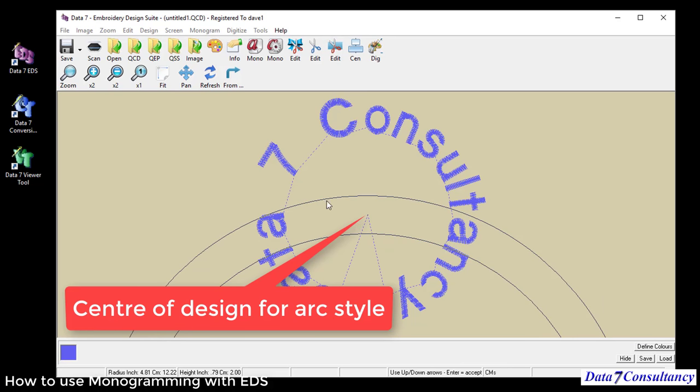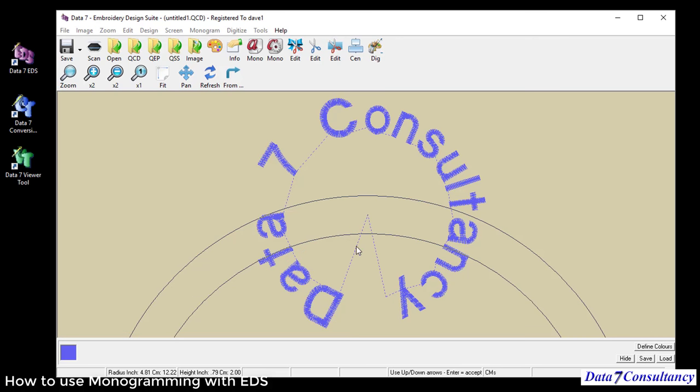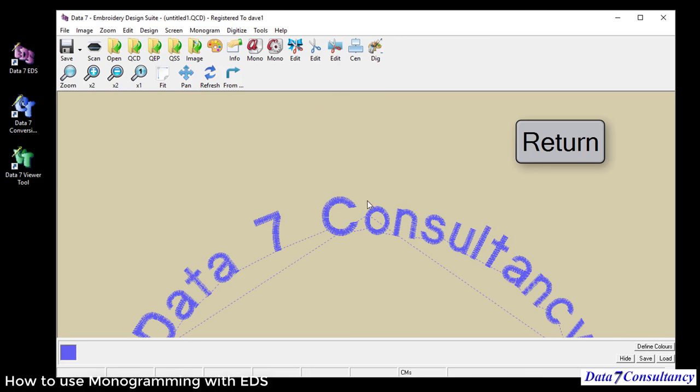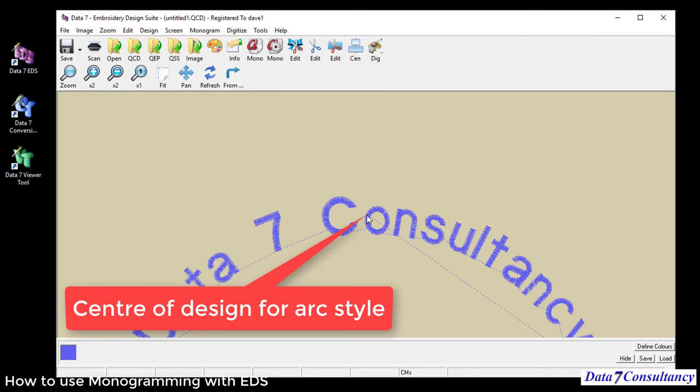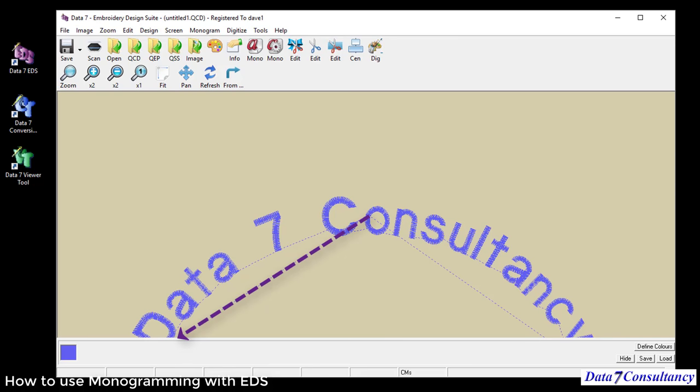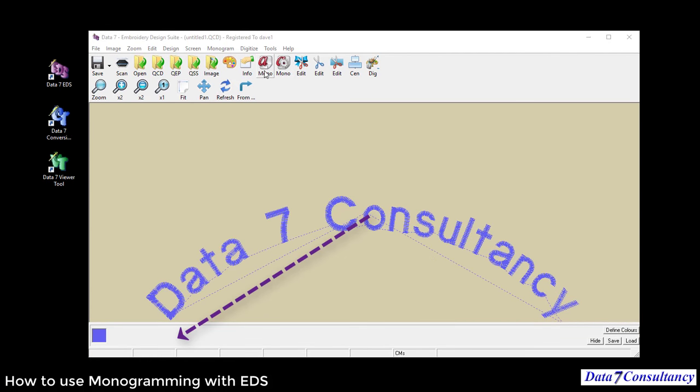Whereas in the previous design that's still showing, this is the center of the design, which moves out the radius and sews around it. If I press enter to accept that arc of 12 centimeters, as we can see here, it's creating the center of the monogramming as the center of the design, moving out and sewing in that arc. Okay, so the arc is on the top